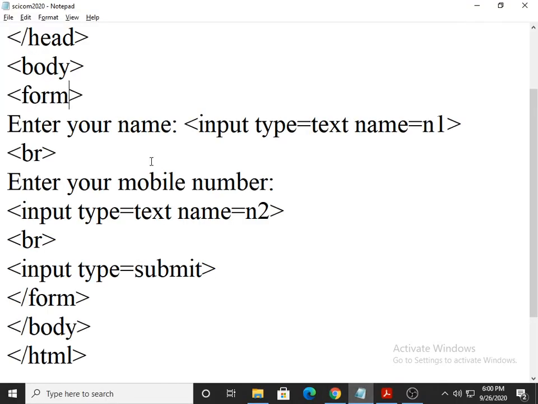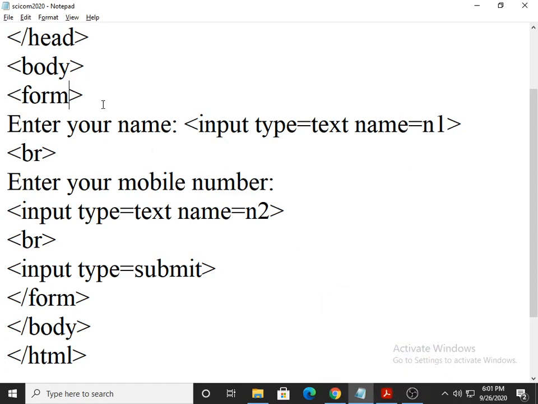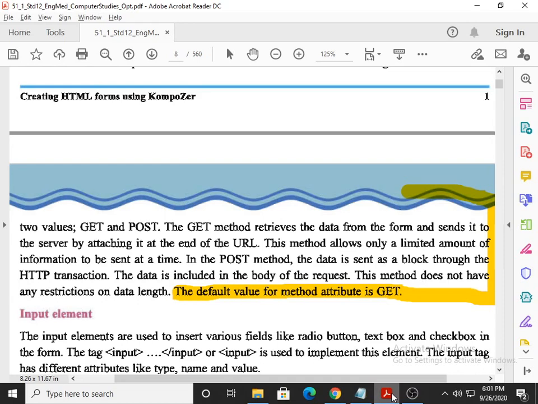So in the absence of clarification, default means whatever is provided by itself. So if you do not clarify the method, the default method is the get method.